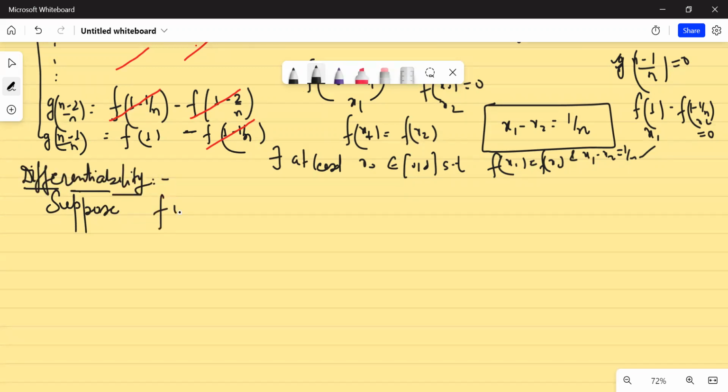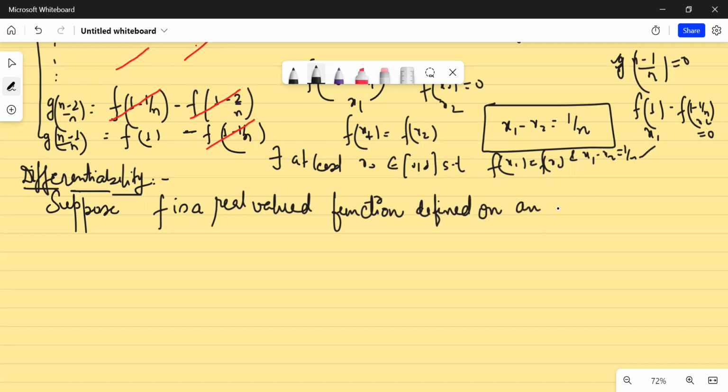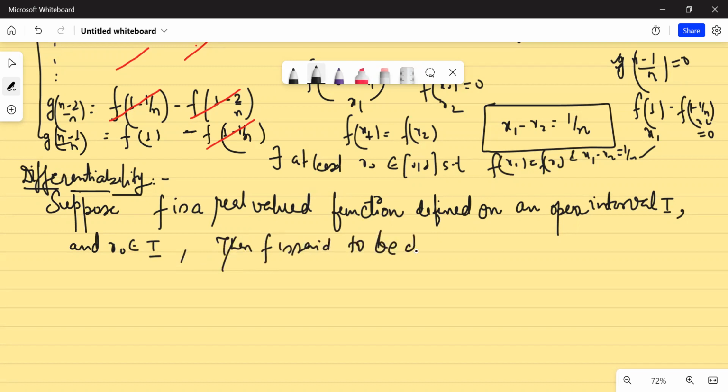Suppose f is a real valued function defined on an open interval I. And let us say x naught is one of those points which belongs to I. Then f is said to be differentiable at x naught belongs to I